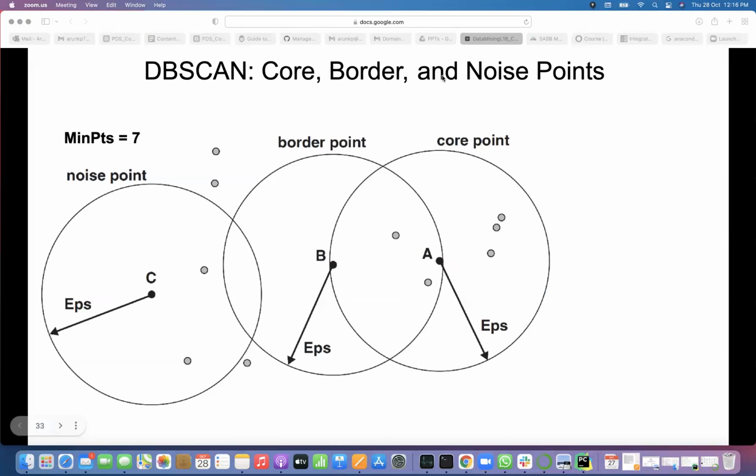Sir, but what if a point is present just outside the boundary of core point A, but has the minimum number of points? It is a boundary point or border point, suppose. If it is a border point, it should fall into one of the core points, right? It already gets a label. If it is outside that boundary, but has 7 points, that is a core point. No?